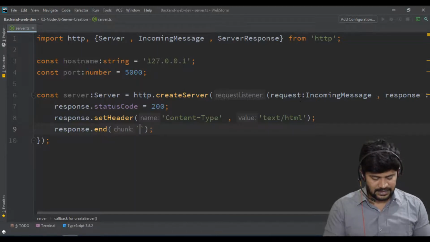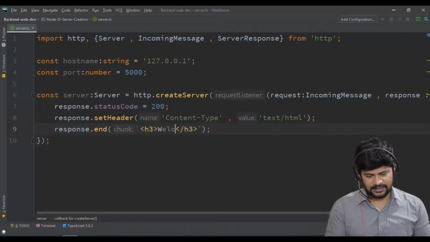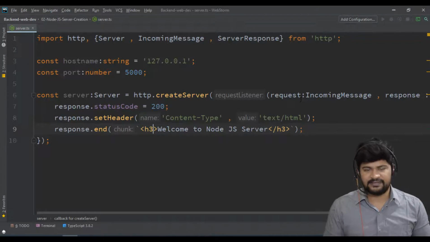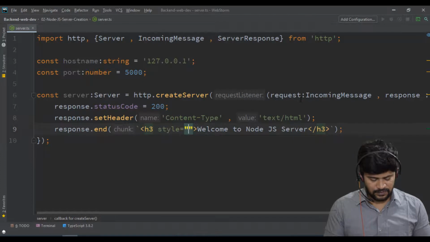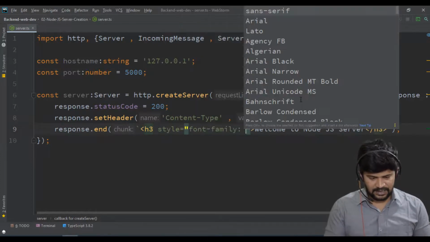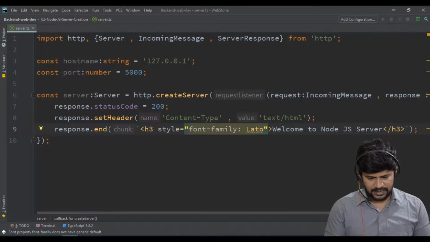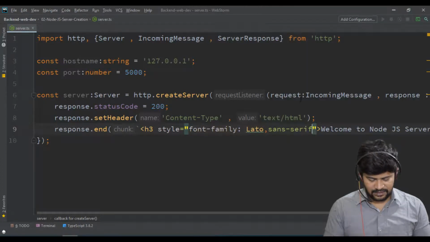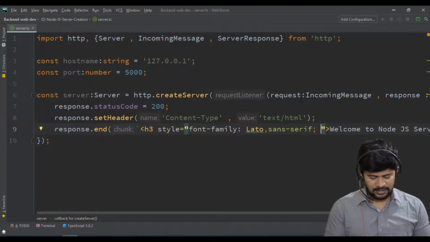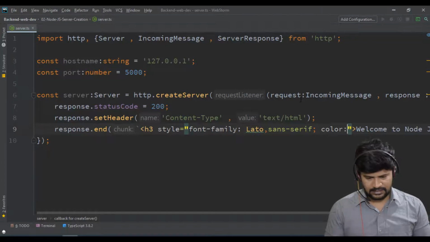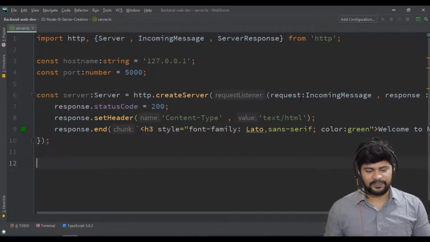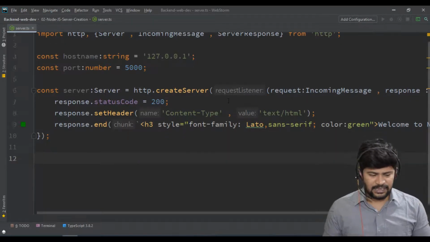So here I just write some h3 tag. Let's say 'Welcome to Node.js server', and you can even specify a set of styles. So style is equal to font-family, something called Lato, sans-serif, and then color, you can specify something called green. Color is green. That's all. So you just create a server, and after that your server has to listen to a port number and host name.